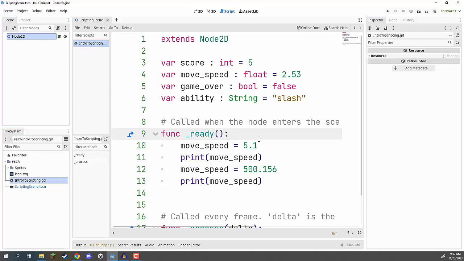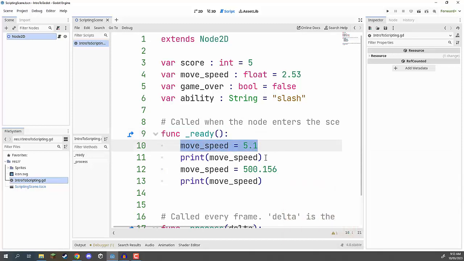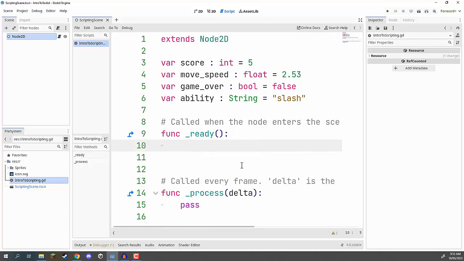And we also looked over the idea of order of execution, which basically means that since we are working with a computer, it has to execute one thing at a time, okay? And in our case with programming, it goes line by line. So when the ready function here gets called at the start of the game, it is first of all calling this line of code, then this line of code, then this line of code, then this line of code, okay? It goes down. And that is a core concept that you do need to keep in mind when writing your code. Now, let's remove this here, and let's look at, for example, how can we change some of these other